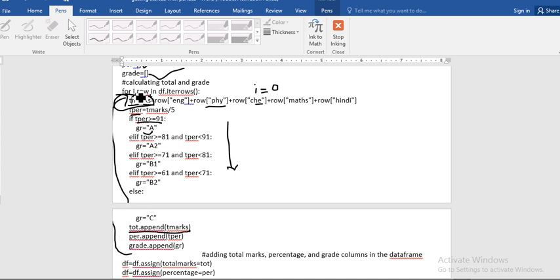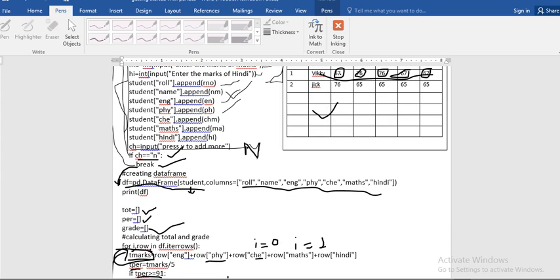Means when the value of i is equal to 1, then again tmarks is equal to row of English, means this first row number, and physics, chemistry, maths and Hindi, and this total is stored in tmarks again.